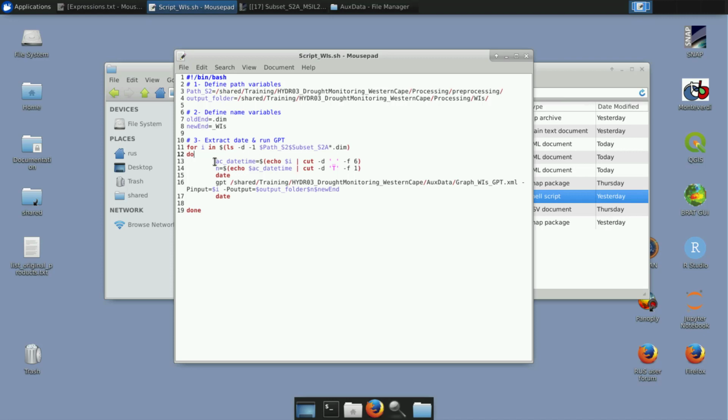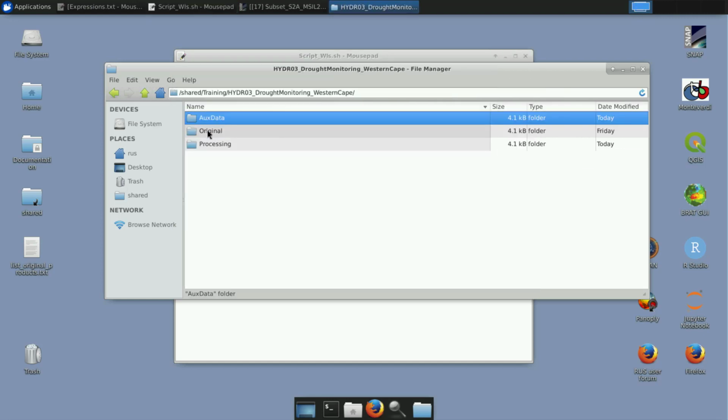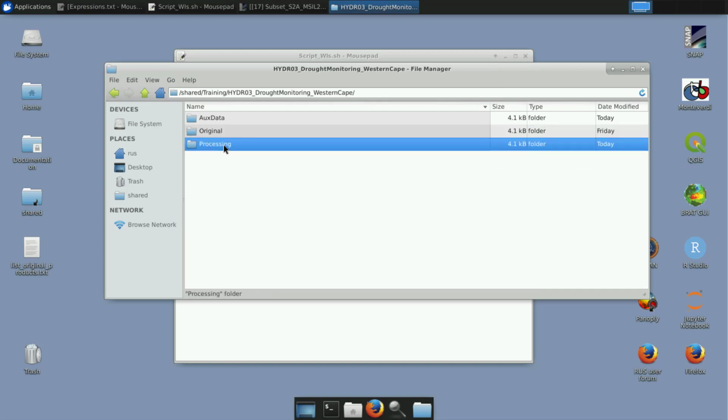And now for all these images in this folder, we will extract the date of the sensing time. As you might remember, we would like to perform time series analysis as well. To do that, we need to focus on the time and to know which bands come from which time period. We can extract the time from the file name, and this is what we are doing here. So if you navigate to the processing folder and you go to pre-processing,